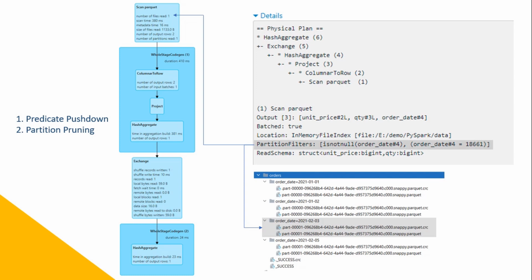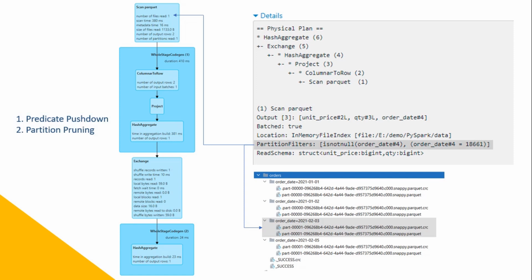My dataset was already partitioned on order date, right? So Spark decided to read only one partition for 3rd Feb 2021. It can simply leave all other partitions and that feature is known as partition pruning. Make sense? Great. So I hope you now understand predicate pushdown and partition pruning. These two features will optimize your query and reduce the read volume of your data. If you are reading less amount of data, your queries run faster, right?